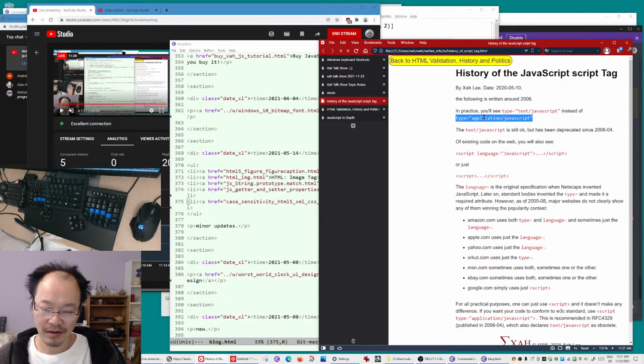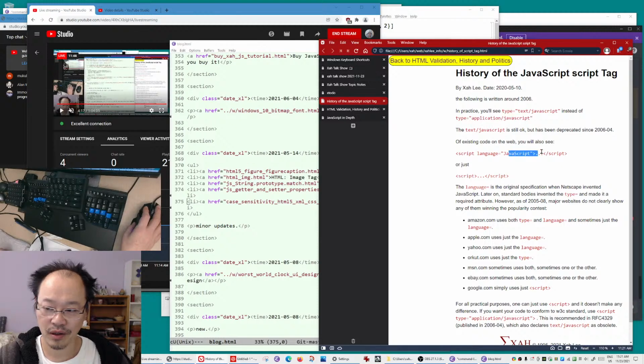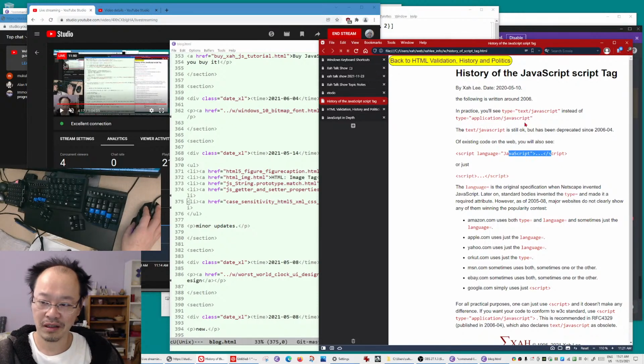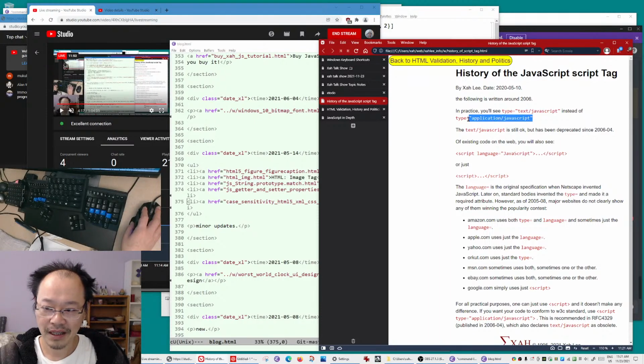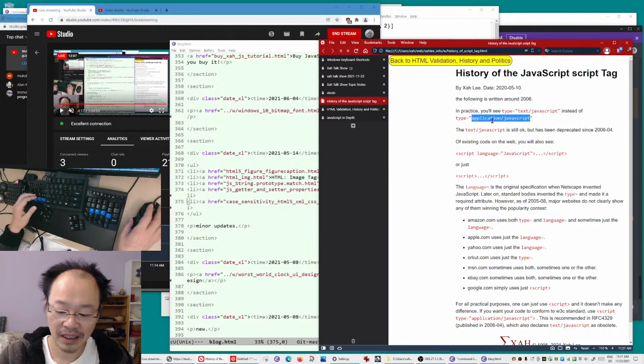For example, VRML, virtual reality ML, in year 2000, and Adobe Flash, back then it's called Macromedia Flash, which kind of works like JavaScript and SVG. So this is history around year 2000. Back then you have all these kind of embedded things. So the thinking was that you should generalize, so the tag should be type equals application/JavaScript. Now this is called a MIME type.